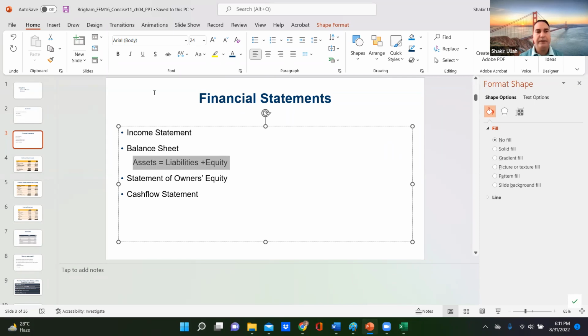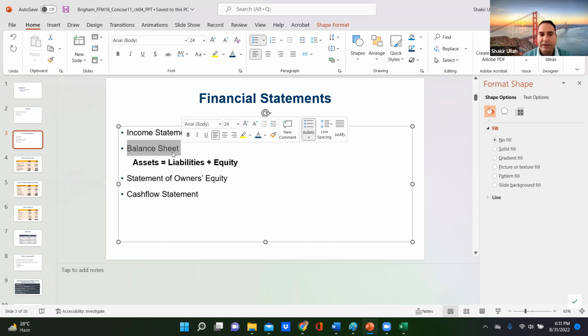So when you prepare the balance sheet, your total assets must be equal to the sum of your liabilities and the owner's equity. If these two are not equal to each other, then there's a problem in our accounts, and we have to go back and look at what's wrong in our numbers. And that is why this particular sheet of accounting information is called a balance sheet, because it has to be balanced. Assets must be equal to liabilities and equity. If it is not balanced, then that is not a balance sheet.